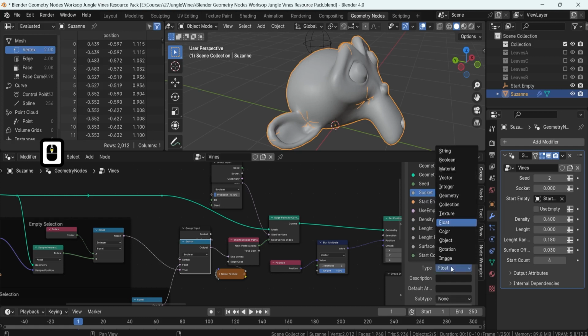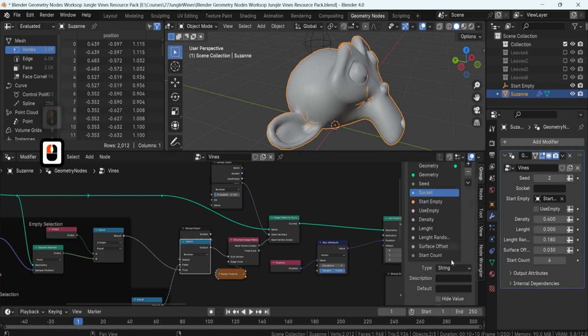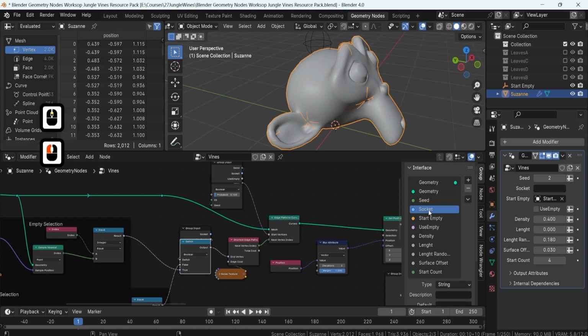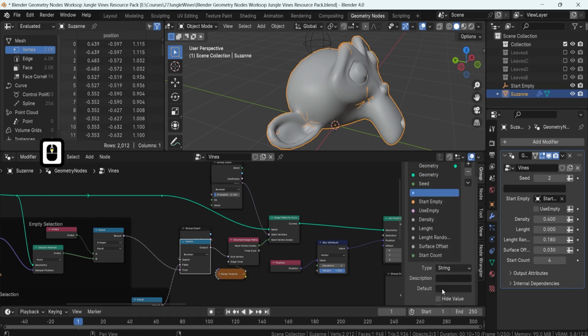If we set this up to a string, like so, we're able to write in the text. We can go ahead and just delete the information from here, since it's not necessary, we don't have any information on this point. We can go ahead and delete the name for the socket. But when we go to default, if we write something like starting points over here, we should get ourselves